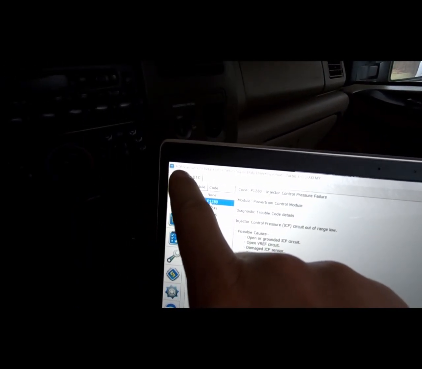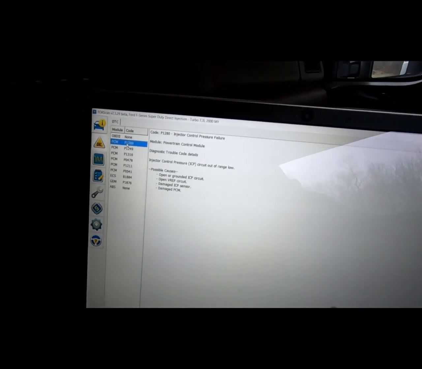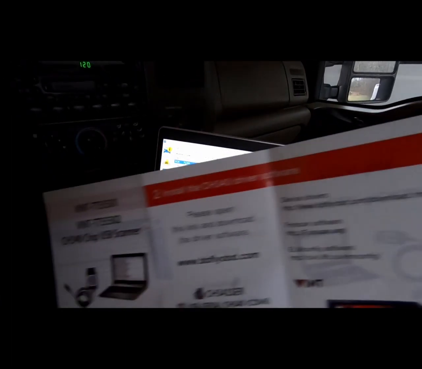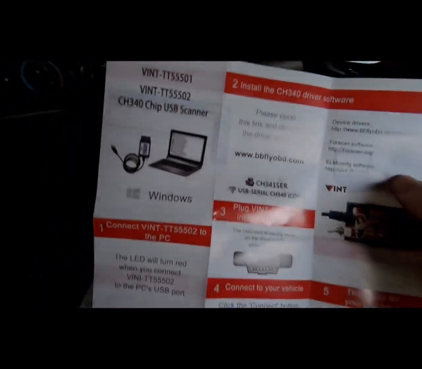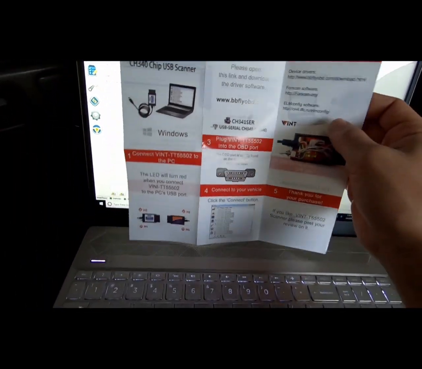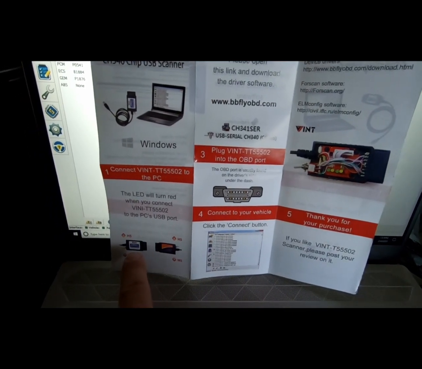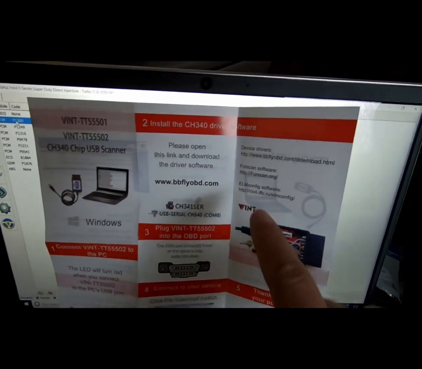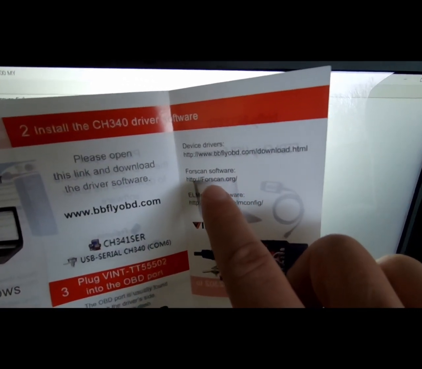And this is ForScan. For Windows, you can download it right on Google, also at this website right here. This is the paper that I got with the scanner. I bought that scanner off of Amazon. It comes with a little cable that plugs into your USB. And I went right here to